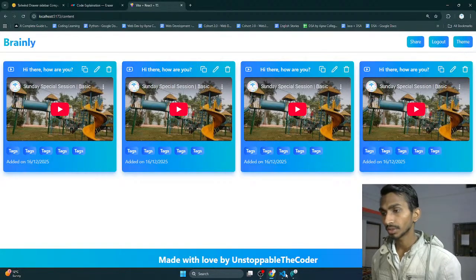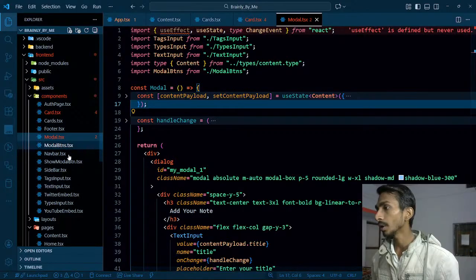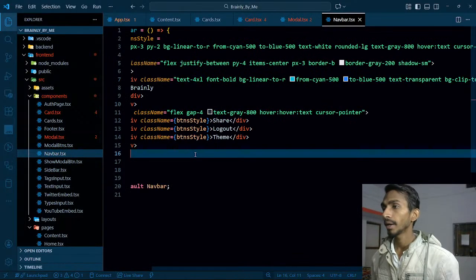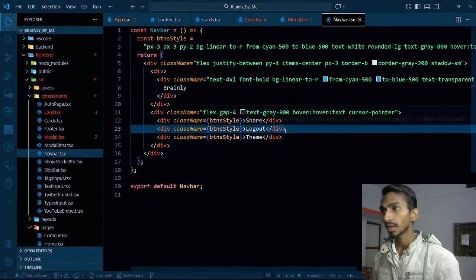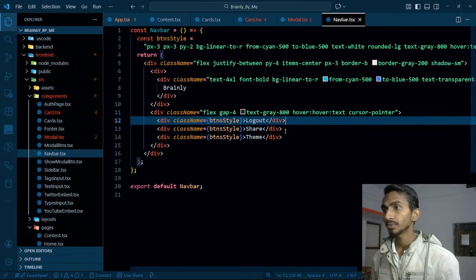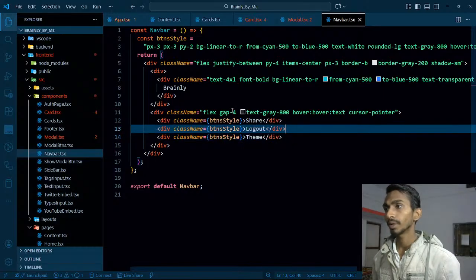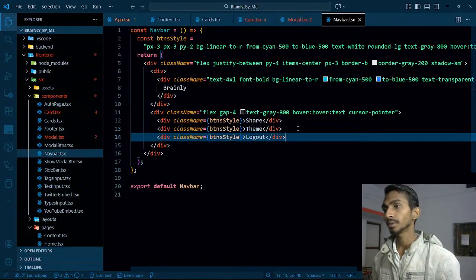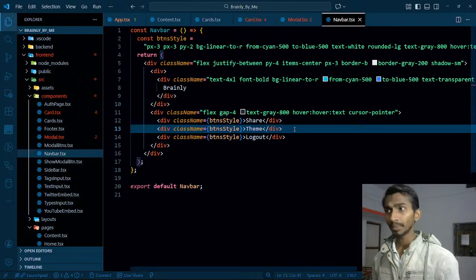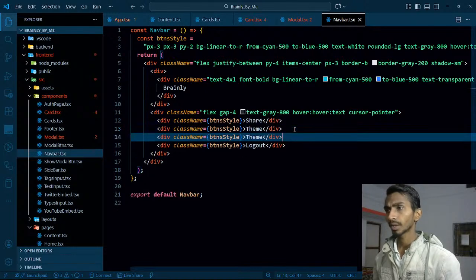Theme. Let's change the sequence. Let's go to the navbar. Where is the navbar? The navbar is here, and these are the buttons that I have. Let's keep the logout at the end, and then, what am I doing? Flex cap. Okay, so first of all I have share. So I want a logout at the end, theme in the middle, and one more button, and that button is gonna be